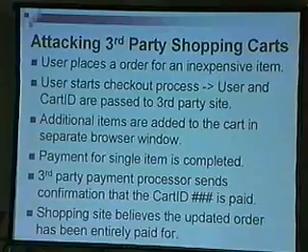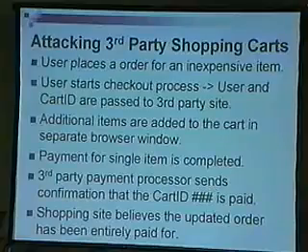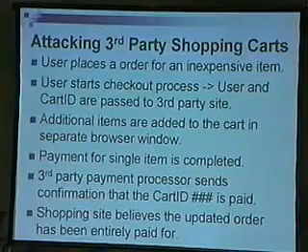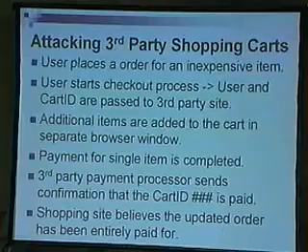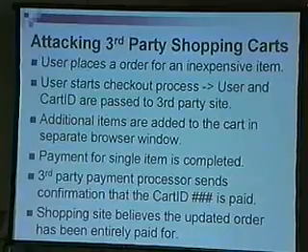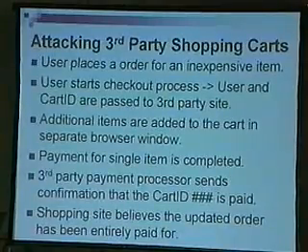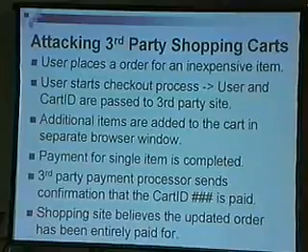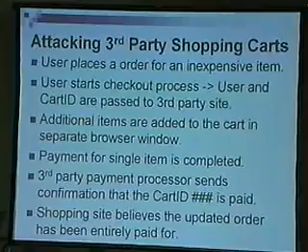Now, there's also another method of attacking third-party shopping carts. You can actually place an order for an inexpensive item. You then go and start checkout and go and pay for that item. It's a valid transaction. You give them all your information and so on. And then while you're in that window filling out all your information, that cart information is still on the merchant server while you're on the credit card processing vendor server filling out the information.